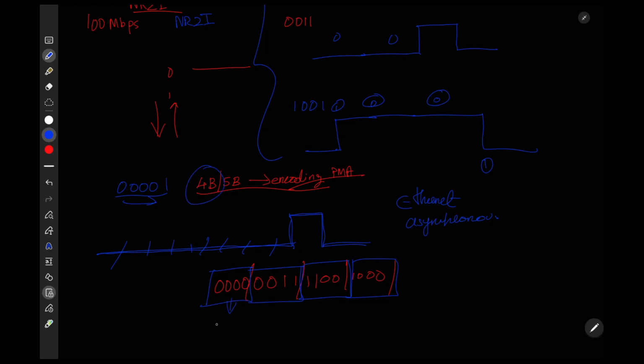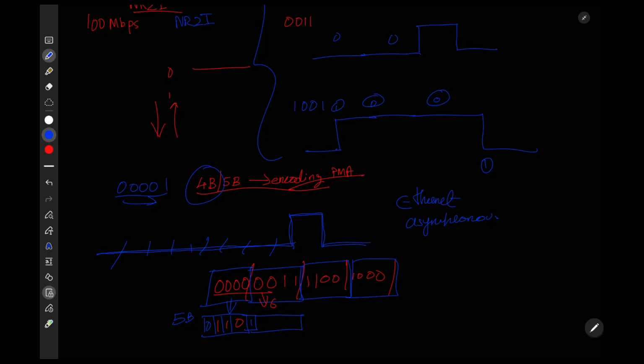And it changes it into 5-bit nibbles, such that it inserts a 1 somewhere, so that there is not a continuous stream of zeros. Suppose here 1 2 3 4 5 6, 6 zeros are coming consecutively. So when you divide your data into 4 bits and insert one more 1 here and there,